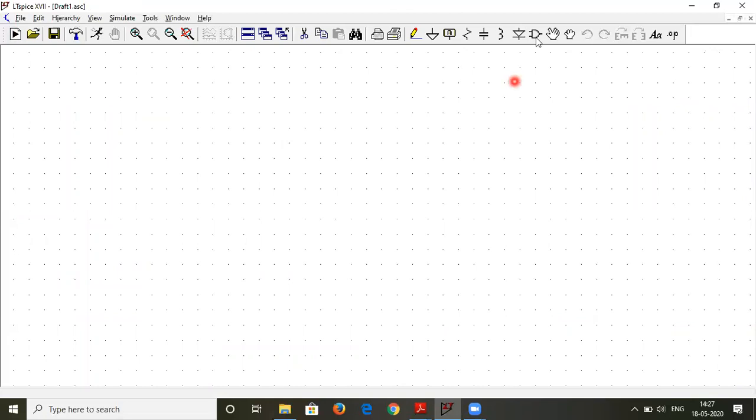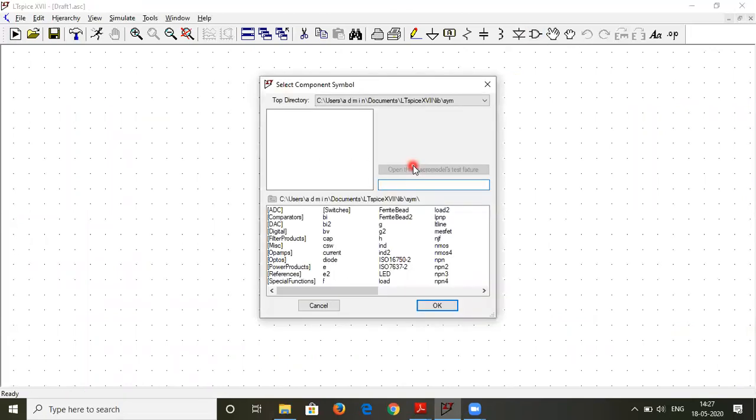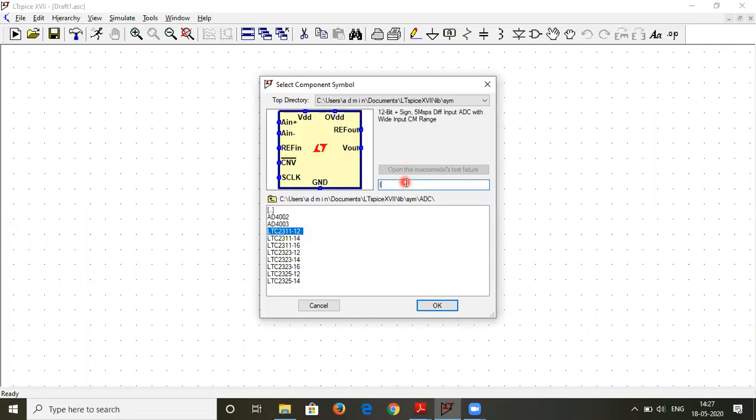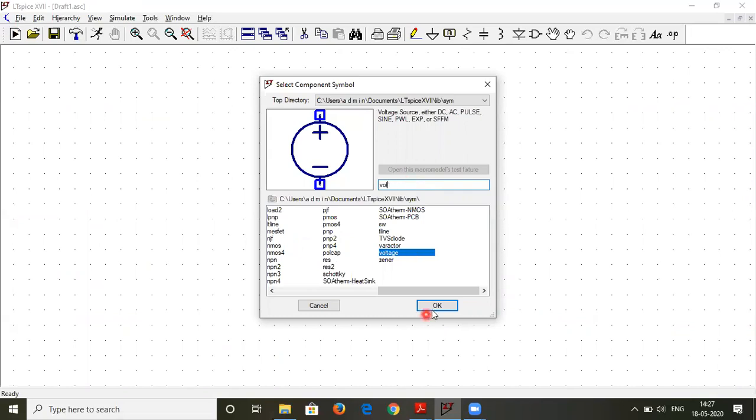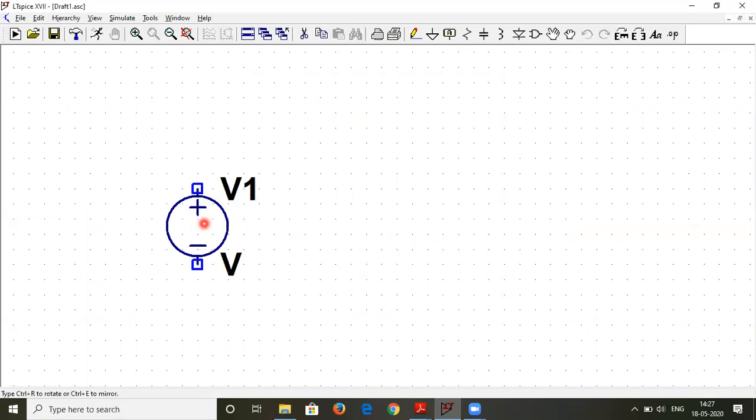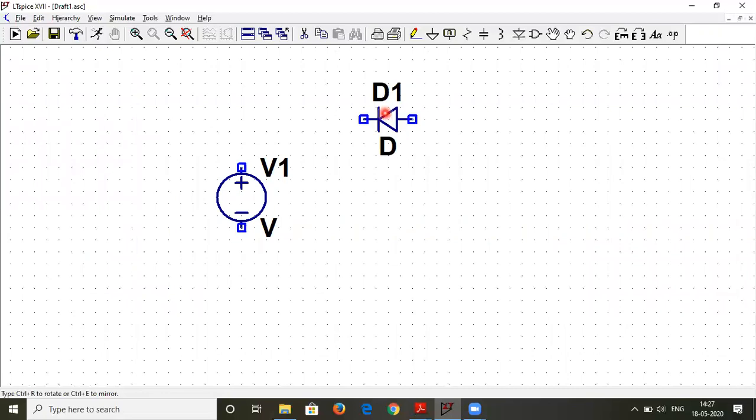open a new schematic, and start building the circuitry. So here we are building a simple peak detector without using any op-amp. Here you might require a voltage supply at the input side, so I'll place it over here, and you require a diode. So you can select the diode. I have to rotate the diode, so I'll press Control R and place it over here.